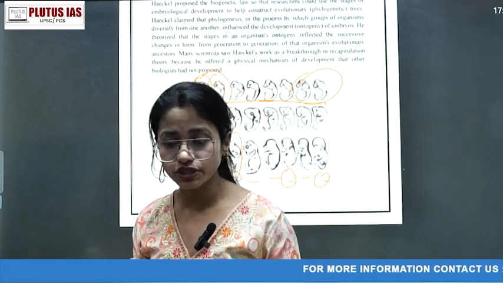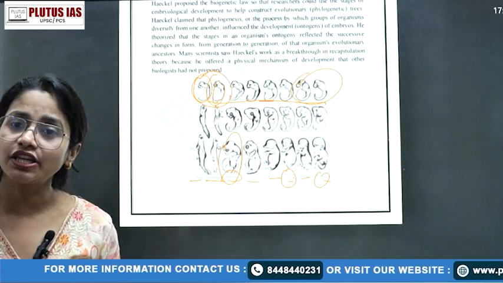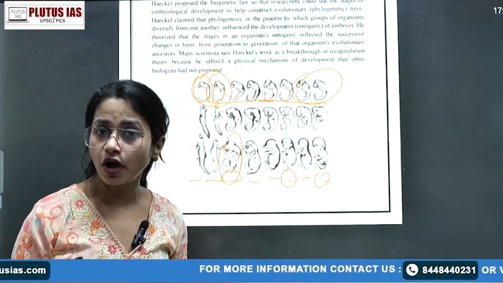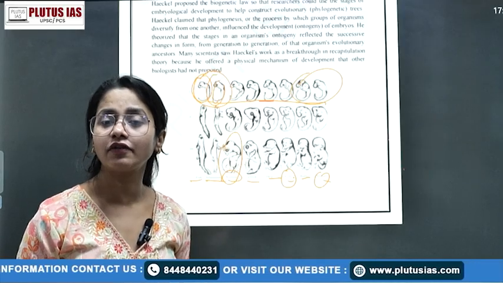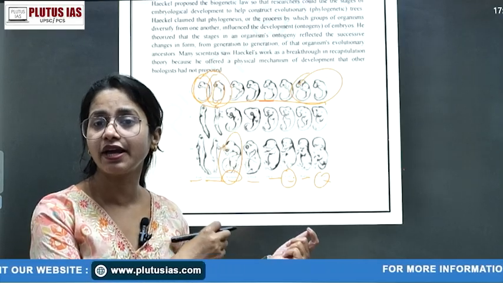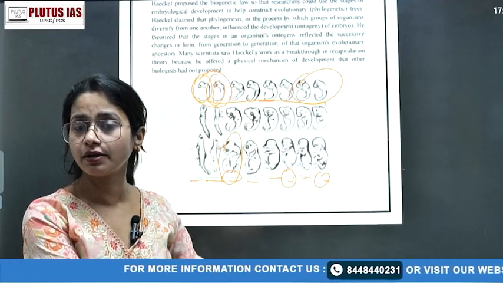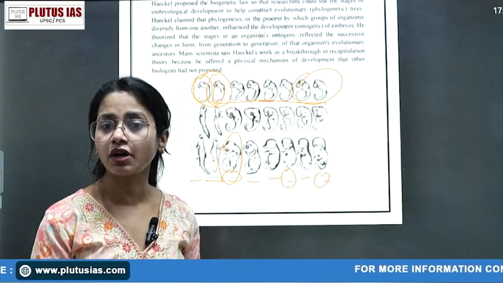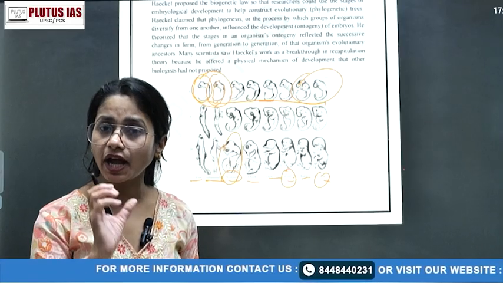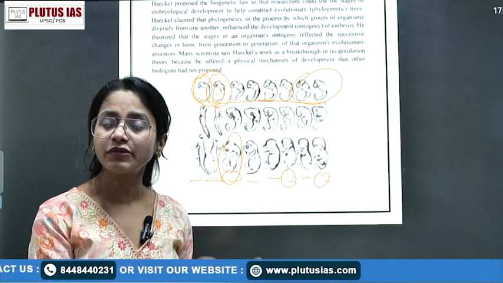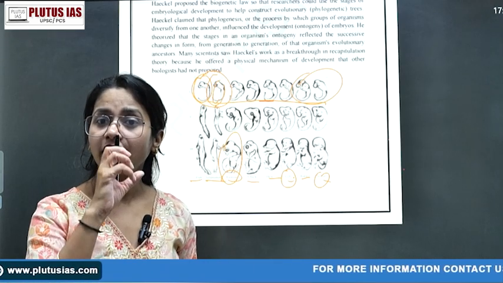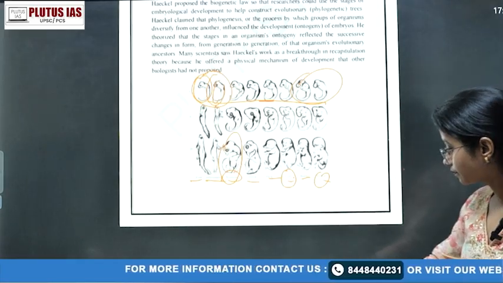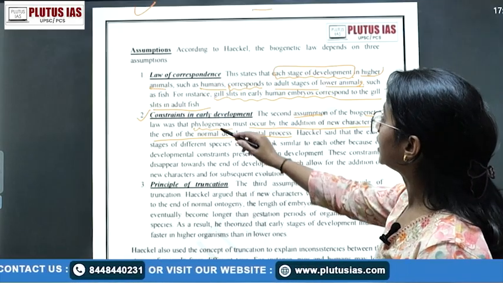Suppose we want to justify this with the help of an example. Initially there was the development of, for sure, the gills, or a better example is the tadpole larva of the frog. The tadpole larva of the frog has a similarity with the fish, in early embryonic development or the adult also, right? So what is the difference between the tadpole larva and the adult frog? The development of the limbs. That particular change from fishes to amphibians is added in the later stages of development, right? So that's what we are talking about in that second law, that there are constraints in the early